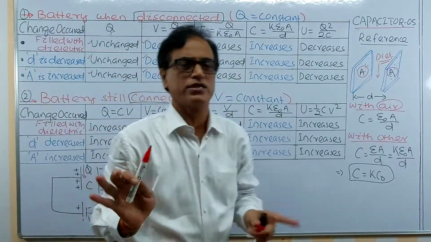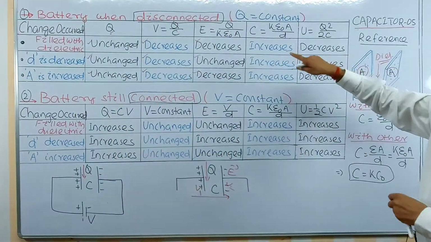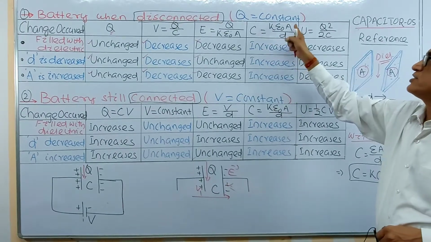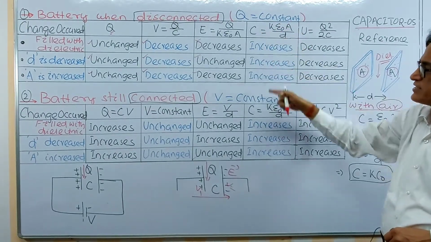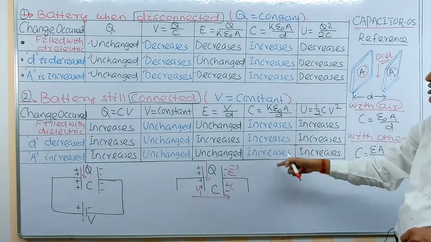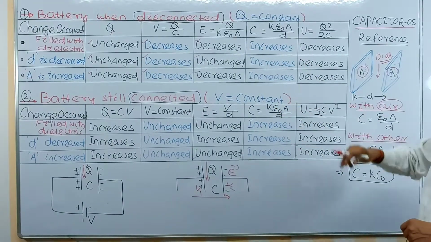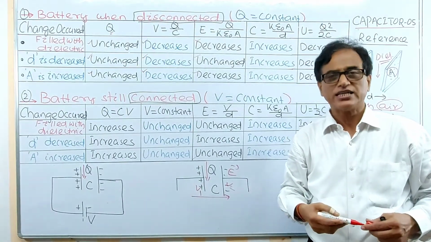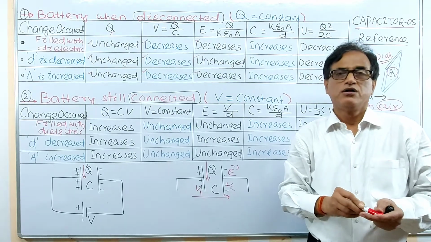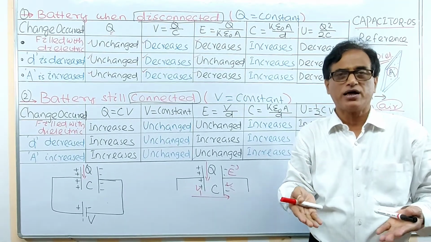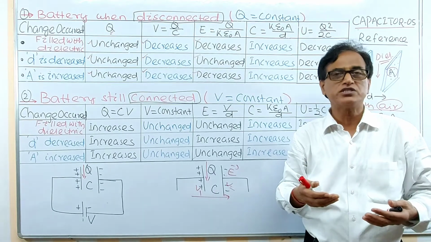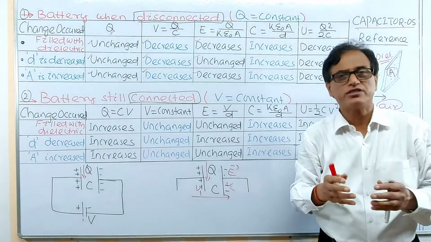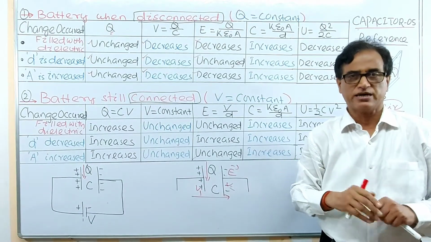Capacitance in almost all cases increases, as you have already discussed. If you increase the dielectric constant, C increases. If you decrease D, C increases. If you increase A, C increases. Capacitance increases in all the cases I have considered. Now, energy stored across the capacitor. Say you are charging a capacitor. Some energy is stored, and you have the formula half CV square, Q square by 2C, half QV. These are the 3 formulae we have derived for energy in a capacitor.